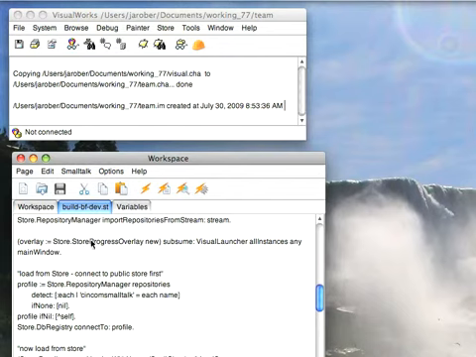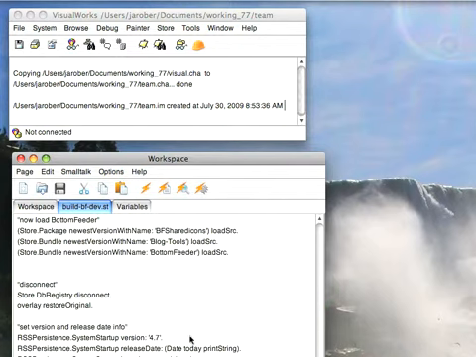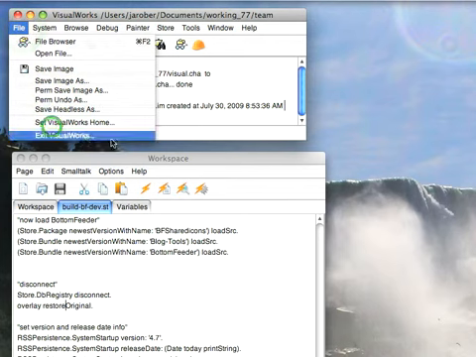Grab your overlay, StoreProgressOverlay, and tell it to subsume a window. Now if you built your own window and you had your own builder, you could have it subsume that window. Here I'm just telling it to grab the main window for the visual launcher. So I grab my overlay, tell it to subsume the launcher, and then when I'm finished, you scroll all the way down here, you see that I tell the overlay to restore the original, and that will get rid of it. So let's see what that looks like by going in here, killing this,